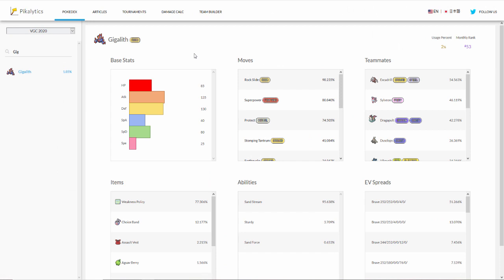Alright, so at number 3, I have Gigalith. Now, the reason why I have Gigalith at number 3, even though when it comes to usage, Gigalith is actually, I think, the lowest on this list. Mudsdale and Aegislash are being used more than Gigalith is, but the only reason why I feel Gigalith is being underused is because of another rock-type Pokemon that is currently being used in the meta with Weakness Policy. But you can see right here, once again, the number 1 item on Gigalith: Weakness Policy,